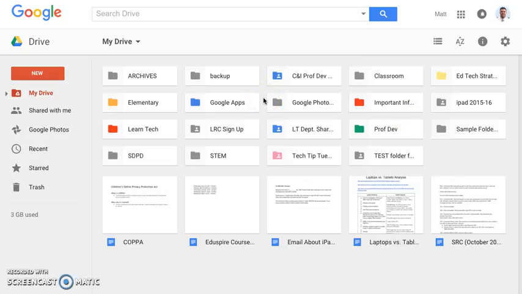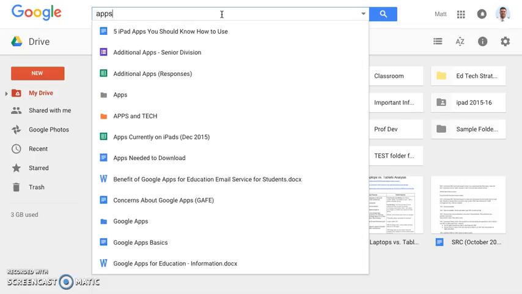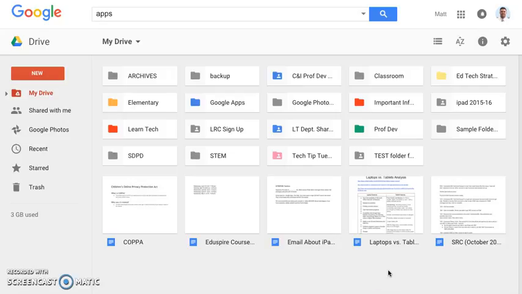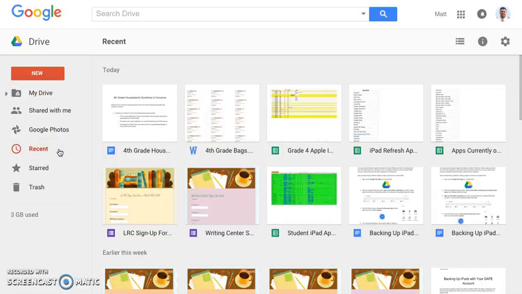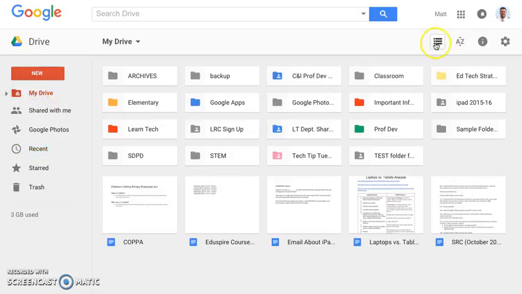But from time to time, kids may forget their actual file name. So what I can do is go right up here to the search and start typing in maybe the title, maybe a keyword that would be associated with that file, and I can open up that file right here. Now, another trick that I can use as well is right here, I can go to recent. If I just was working on that particular document, I will see it right here under recent. It goes in chronological order. Now I'm going to go back to the My Drive tab so that you can see all of my different